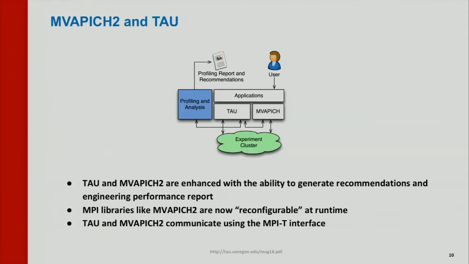So once you have the performance measurement infrastructure in place, you can interface it with MVAPICH using a new bridge, or what we call the MPI tools interface, and allow these libraries like MVAPICH2 to be more configurable at runtime using the performance feedback that is provided. So the MPI tools interface comes from the MPI standard, and it has been around for a while, but tools are